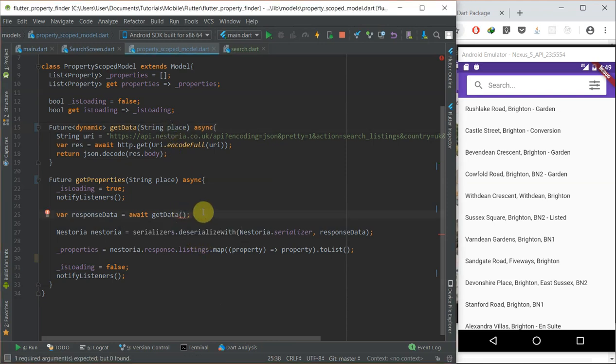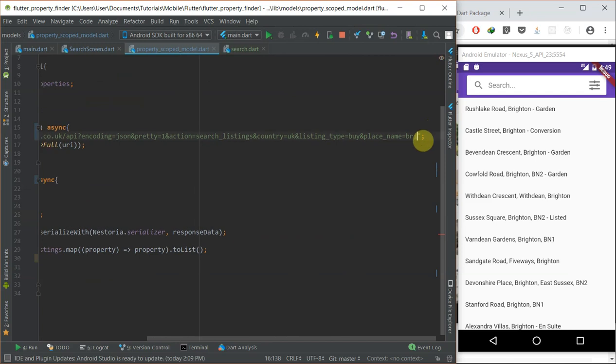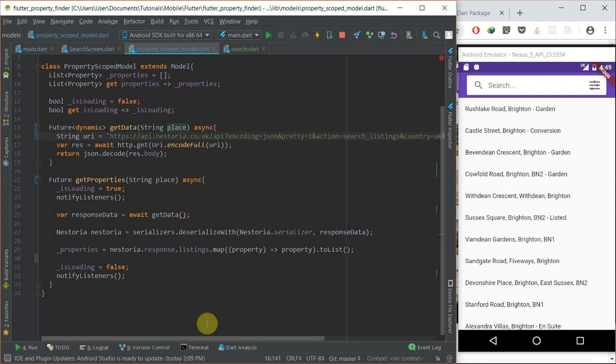So over here we'll just replace this Brighton with the place value. So instead of having Brighton manually, we now get it from the argument of this function. So we also pass this here too. So let's save that,